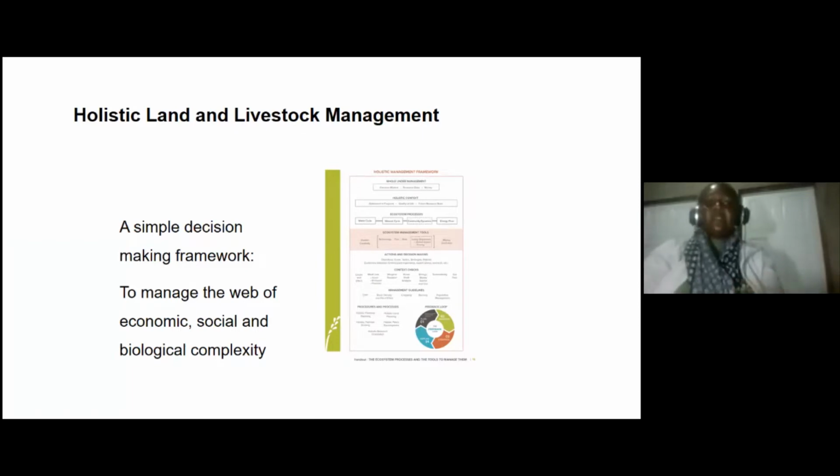But in essence, holistic management is really a design process, as is permaculture, and a thought process, because it is a decision-making framework that helps a land manager or a manager of an organization manage their organization to suit the context where they are so that they will thrive economically, socially, and environmentally. And this management body of knowledge was crafted by a man called Allan Savory, a Zimbabwean-born biologist, who developed most of his concepts in the African rangelands. So that's how he designed the tools that are in the holistic management framework.